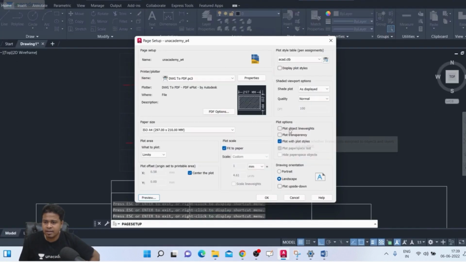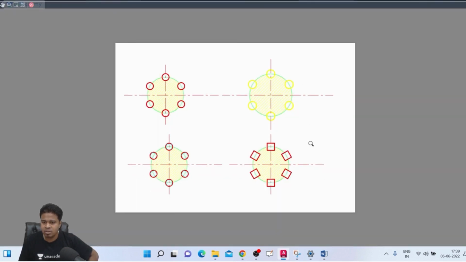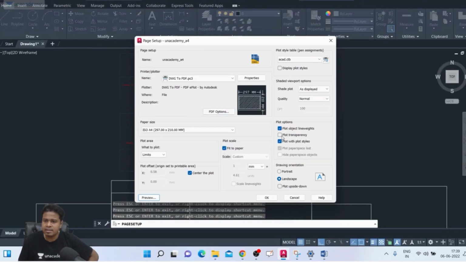If I activate this one, go to preview. Now you can see the objects are shown as line weight. Yes. Now if I activate the plot transparency,